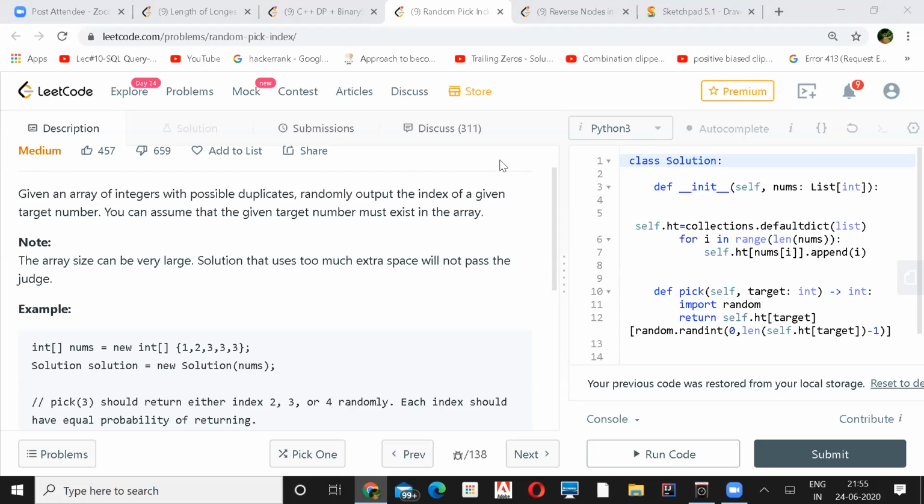I stored the indices 2, 3, 4 in a vector, and then I called the rand function, and then I took it modulo the size of that indices vector. Then I returned one of the indices from that index array.